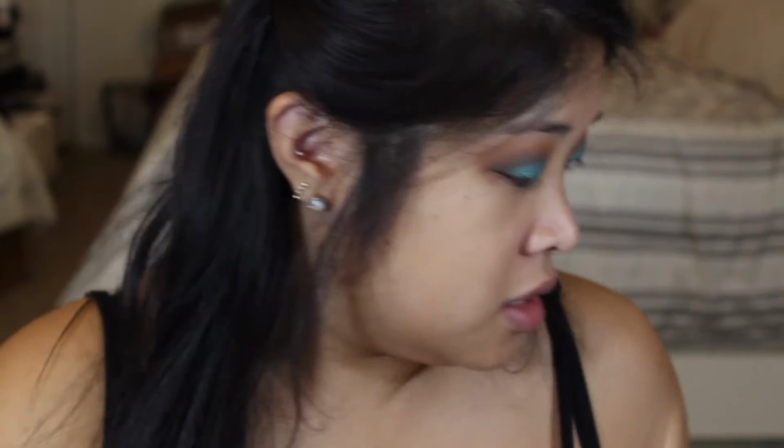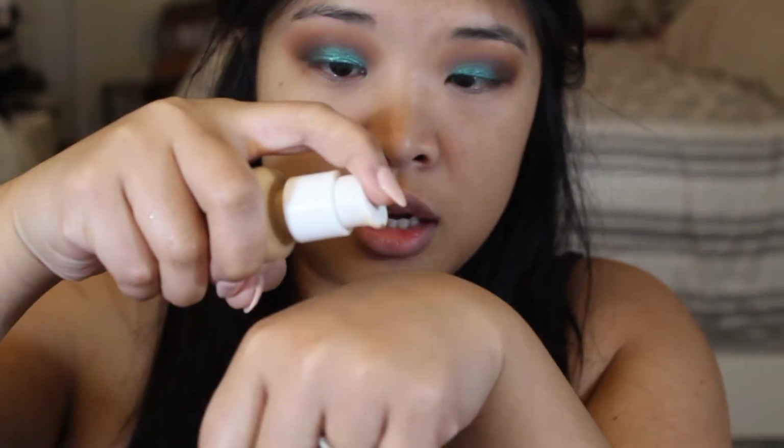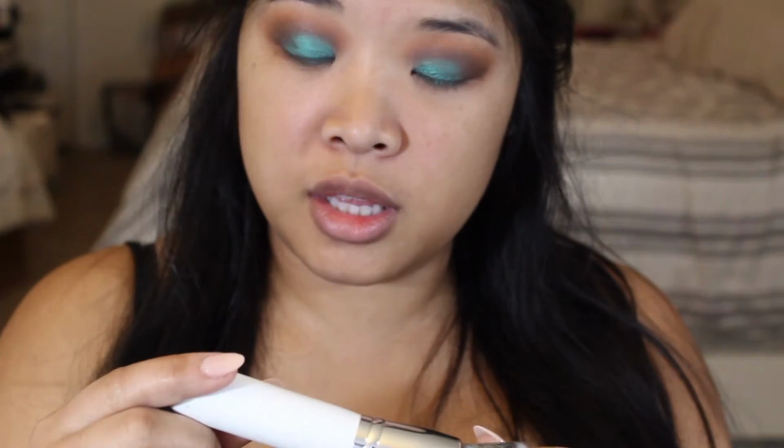So before we finish the eyes, I'm going to go ahead and move on to the face. I'm going to go in with the Colourpop No Filter Foundation, and I'm in the shade Medium 110. Actually, I'll be back. Let me go wet my beauty blender. I'm just going to do one pump of this on the back of my hand, and I'm going to go in with the